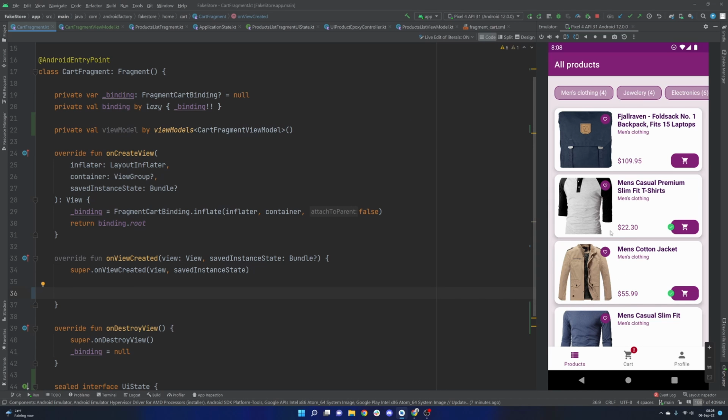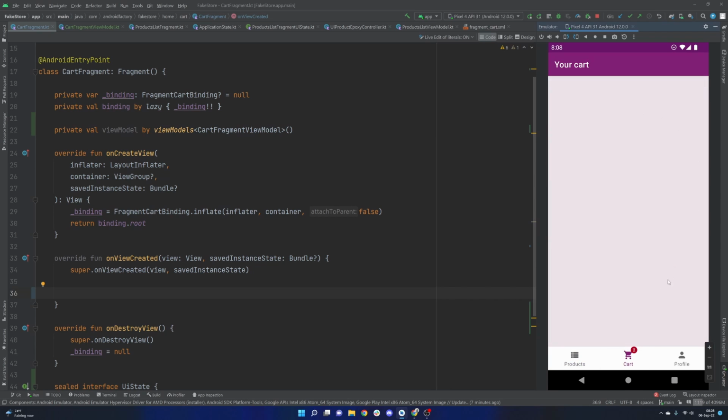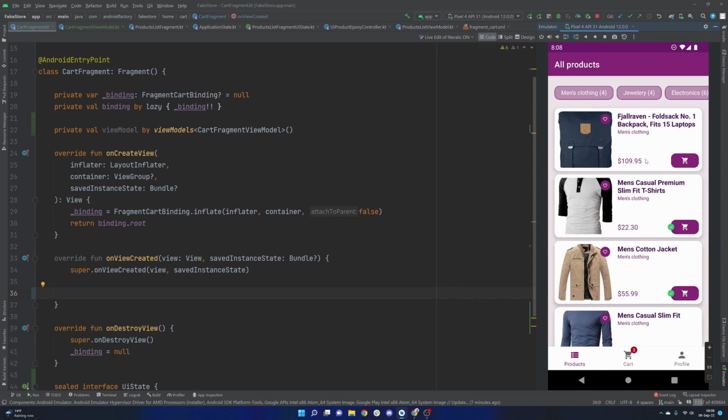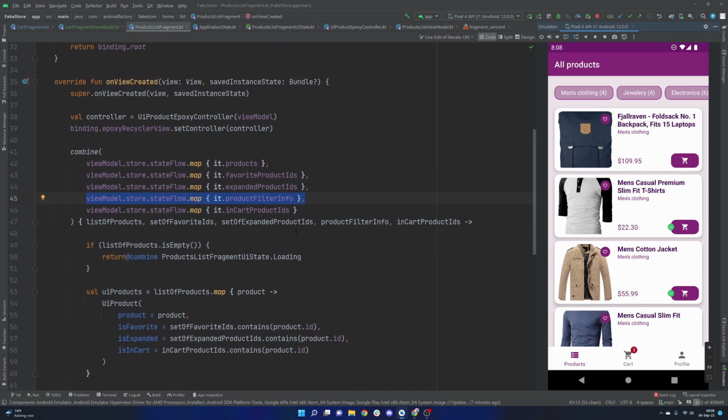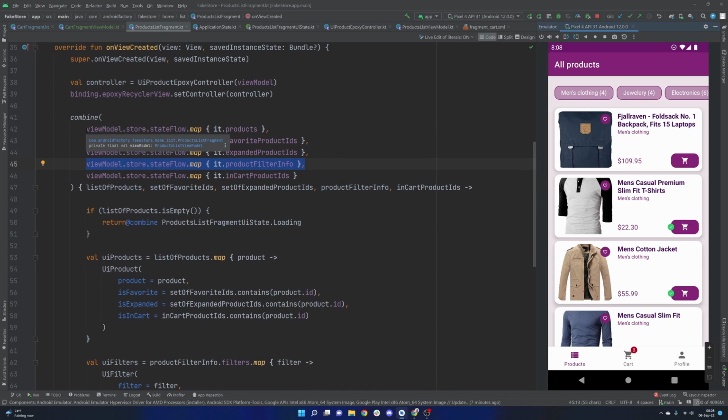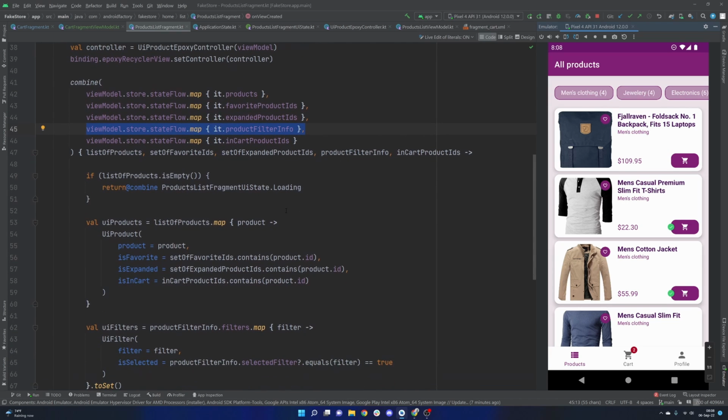Okay, so I was looking at this implementation here and actually thinking we can kind of help ourselves out. Obviously the cart fragment is going to contain basically the same exact items that exist in the products page here, right? And if we take a look at the products list fragment, a UI product is created by combining, I think, four different flows at the moment, and then we have the product filter information here to generate the filter state. So I'm thinking that we can extract the UI product flow into its own class so that we can reuse that